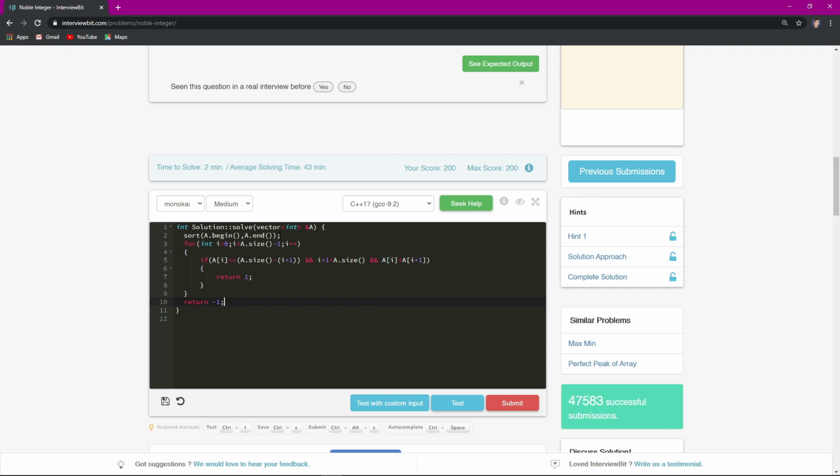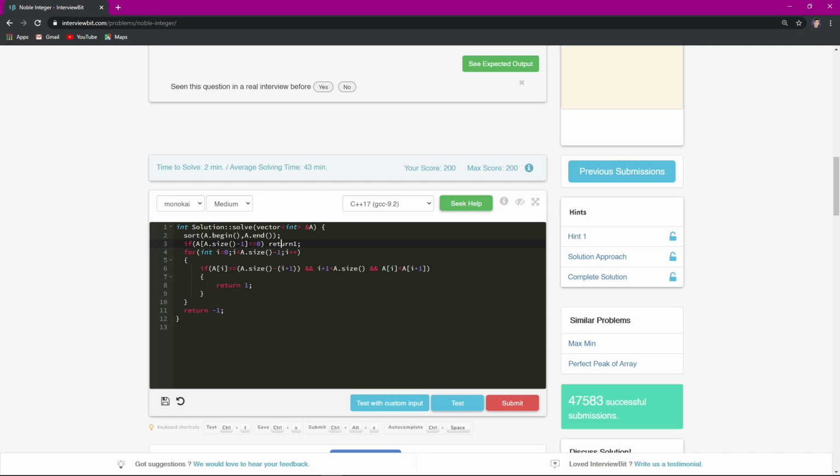Now we have forgotten one important case over here, that is if my a of a dot size minus 1, the last element that I have, is equal to 0, in that case I will be returning 1. Got it?